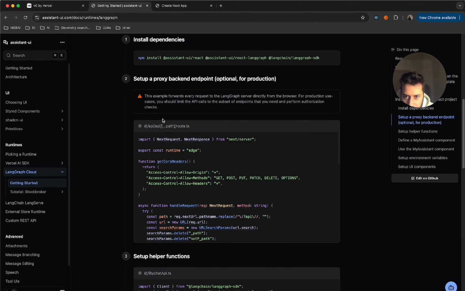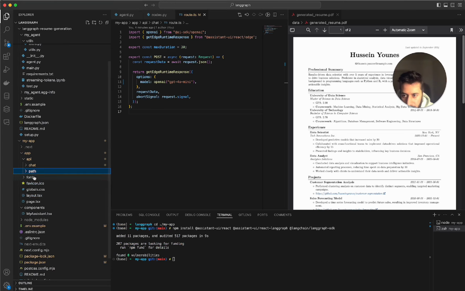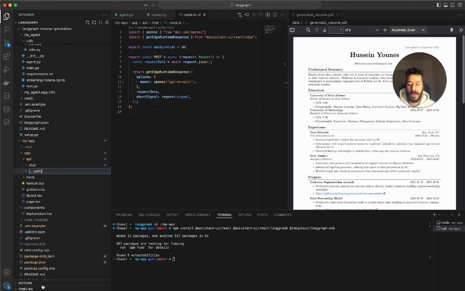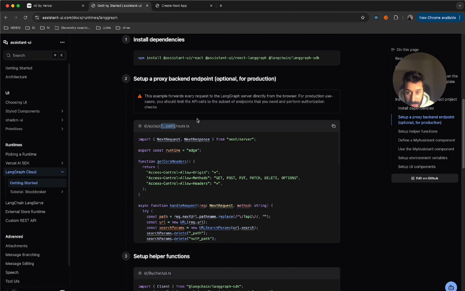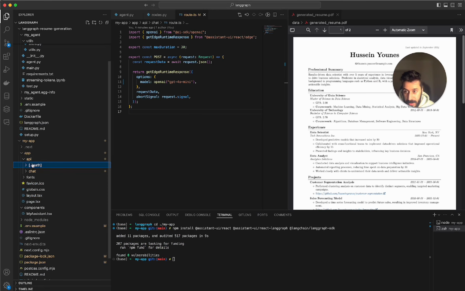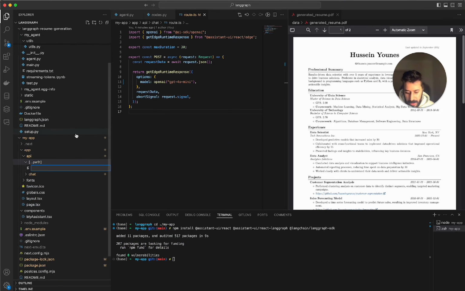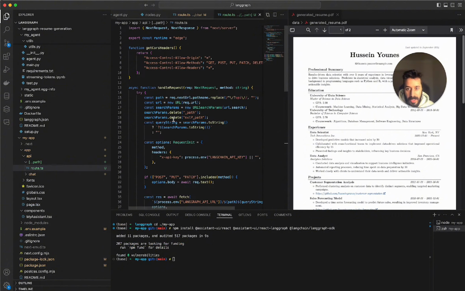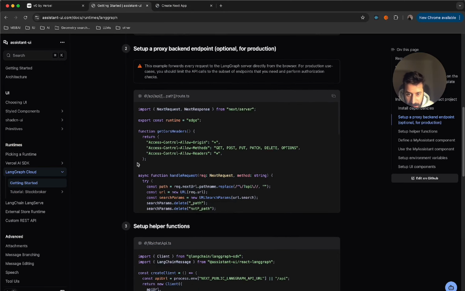Path. Wait, do we need to do it like this? Path rename. Path like this, and then we need to add the route. We need to put the route file inside it. Here's the route file, and then we copy the contents here, and then